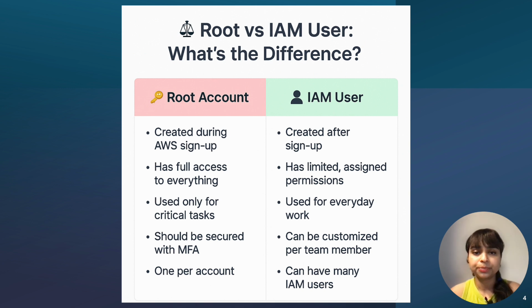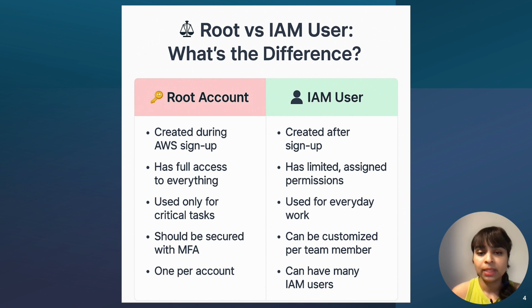will be creating. Root account is created during AWS sign up, as we did before. There is only one root account per AWS account. It has full unrestricted access to everything in AWS, billing, account deletion, everything. It should be locked down tightly and protected with MFA, Multi-Factor Authentication, which we will be doing in our next slide. And root account is used only for critical tasks like closing the account, managing billing, or creating the first